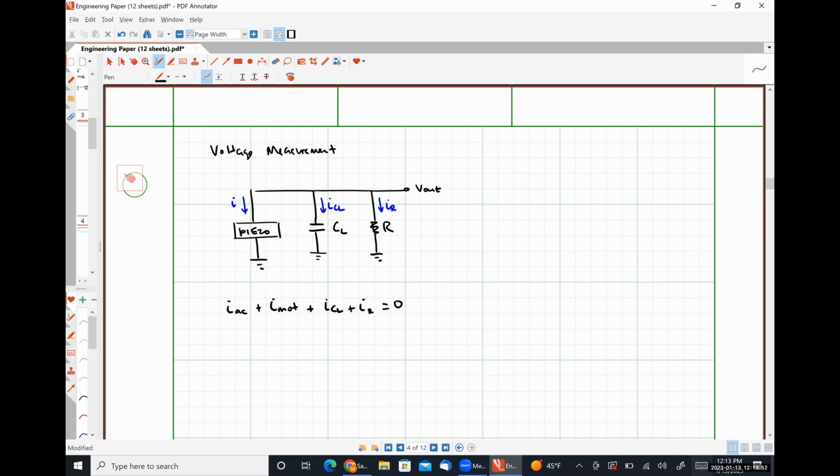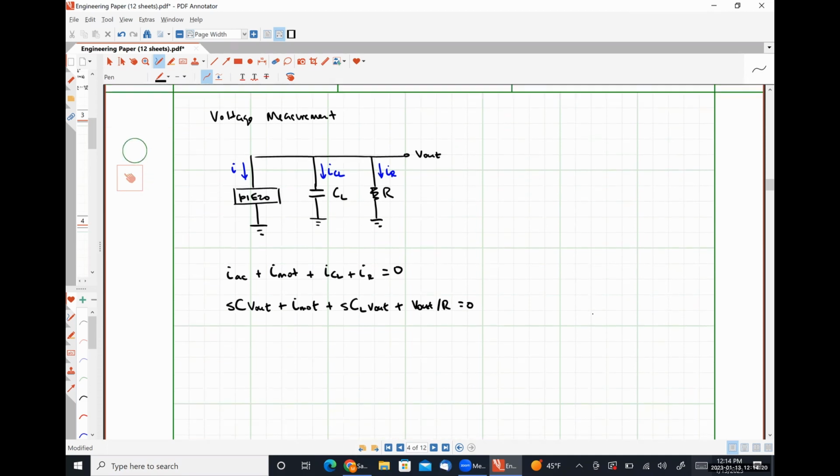The output voltage is just the voltage drop over the piezo resistor. So that's going to look like sC V out plus I motional plus sC_L V out plus V out over R